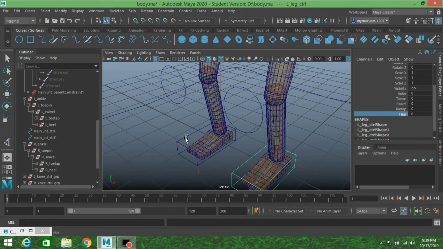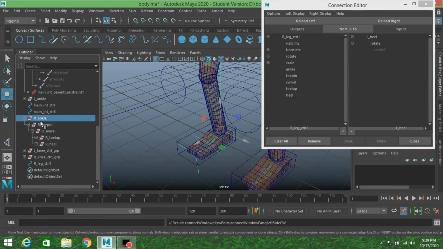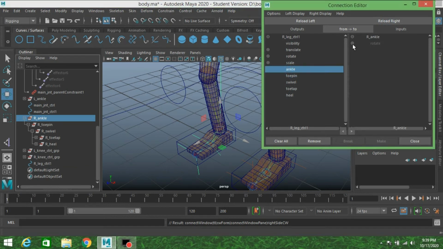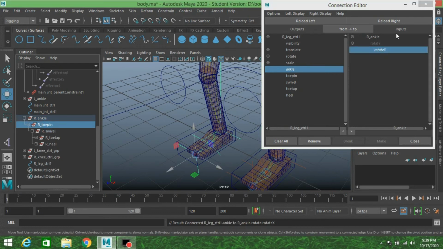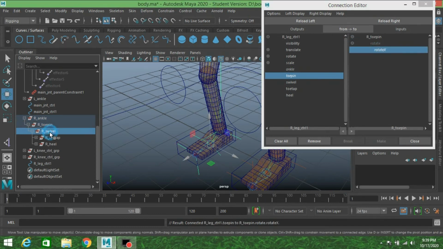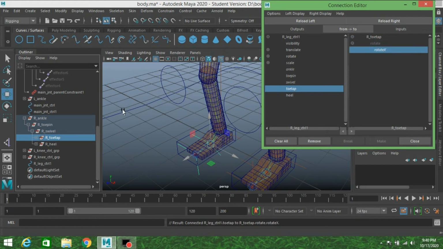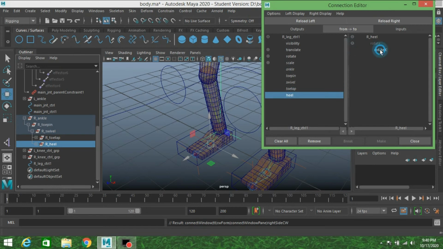Now select the right leg controller, reload left, right ankle, reload right, select the ankle, connect it to the rotate X, toe pin, select toe pin, rotate X. Swivel, reload, select swivel, rotate Y. Toe tap, reload, toe tap, connect it to the rotate X. Heel, reload, select heel from the left and connect it to the rotate X from the right.